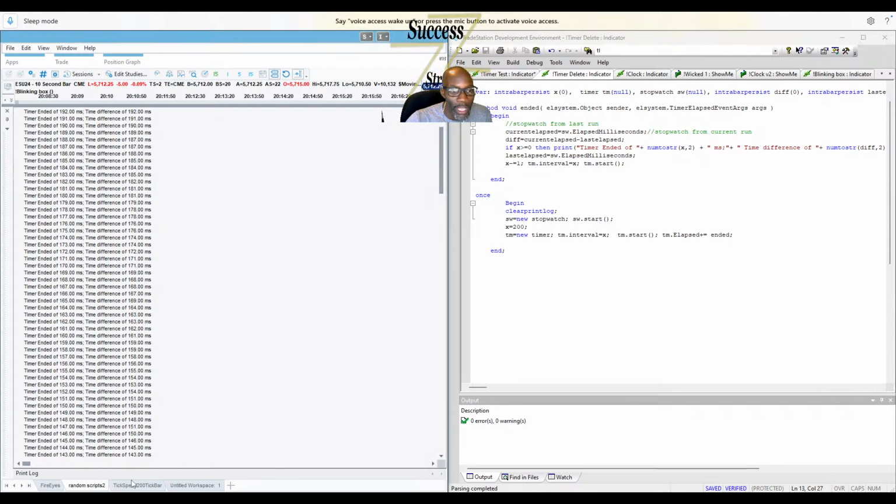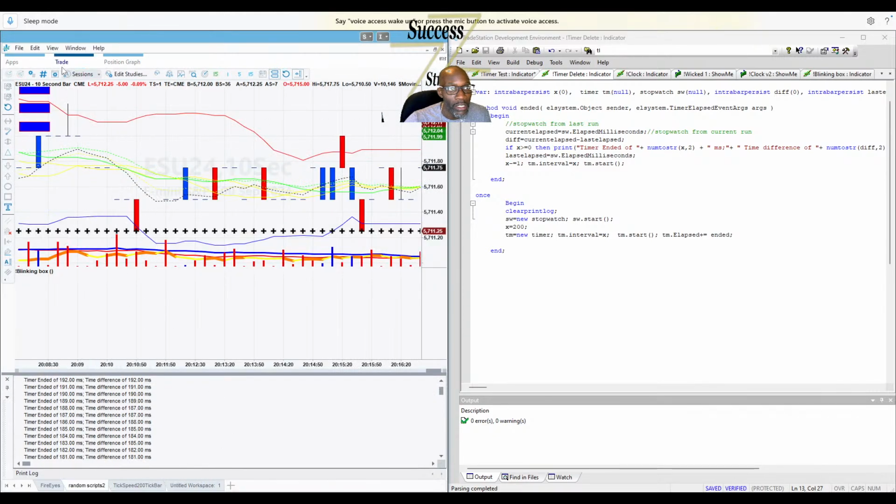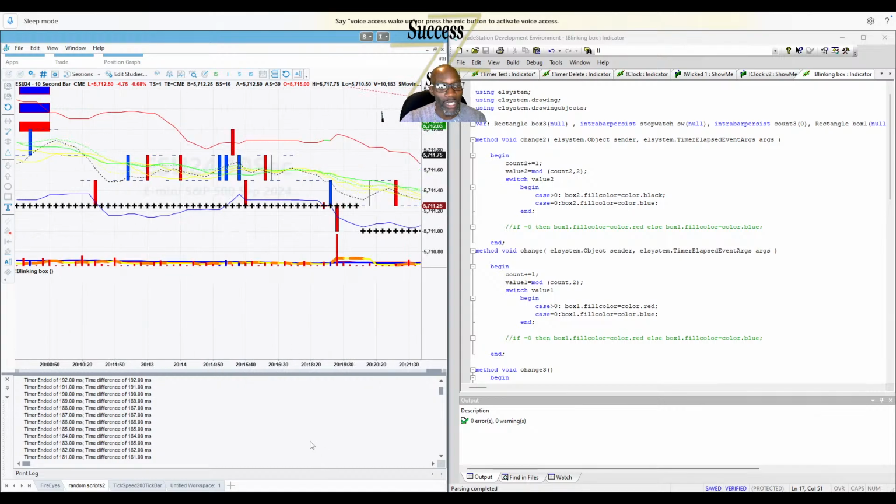Again, earlier in the day we did the blinking bars, the flashing bars, which is kind of cool. Like I said, that's kind of cool. But yeah, I mean, it's kind of cool, but again, being able to program and do all this stuff is very cool,